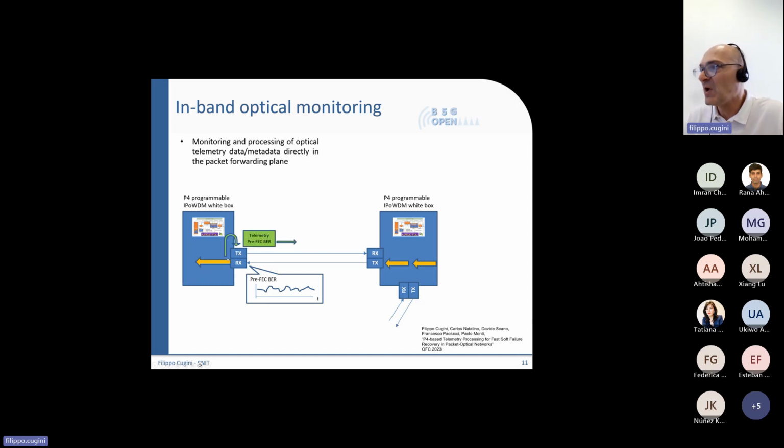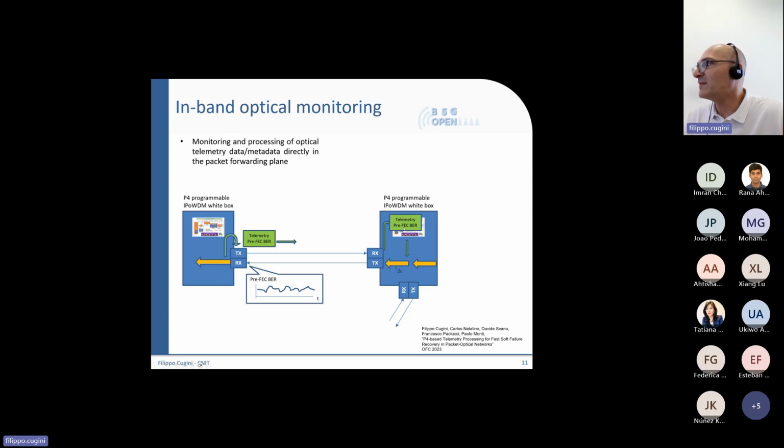For example, in this node on the left-hand side, we can read the experienced pre-FEC bit error rate and send back through the data plane specific packets that include this pre-FEC bit error rate. So this node on the right-hand side will be able to receive the measurements performed by the other node on the quality of transmission on this link.